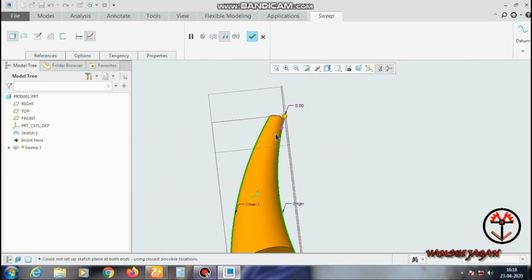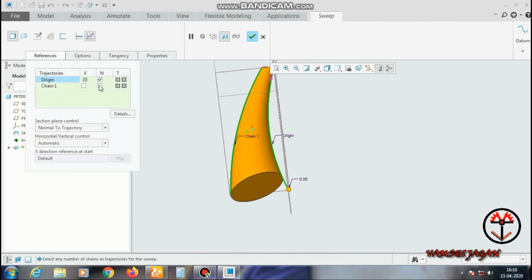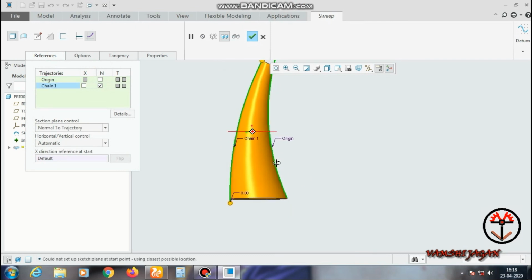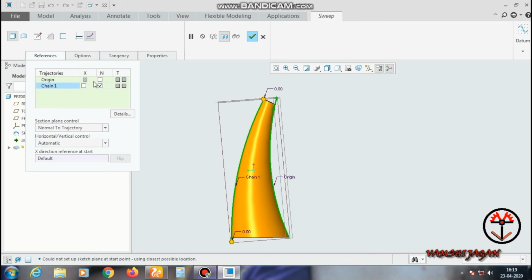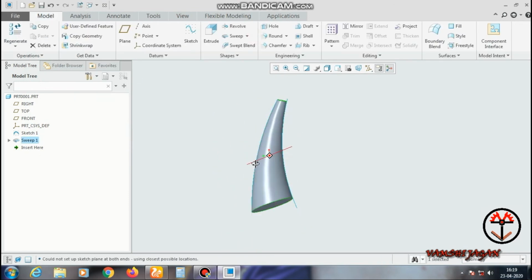Okay, you can see the two ends are applicable for one circle as the tangent sweep. So you can see by changing the origin, you can do it by clicking the arrows.